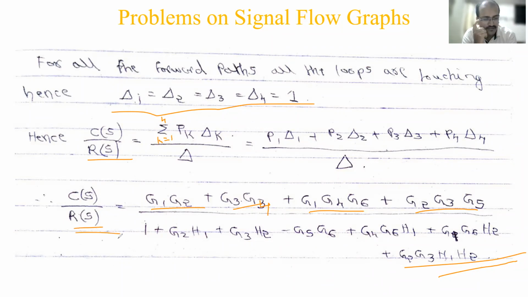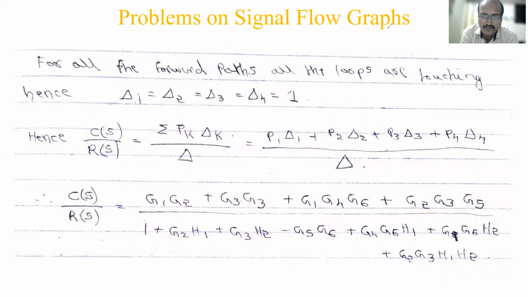Now we'll consider one more problem. So far what you have considered is G1, H1 like that. It may not be like that only. It can be a value also. Gains can be written as numbers, or S will be there because it is an S domain network, so an S function also may come. In that case also you have to find it out. One of the times it is asked in the exam. So you'll consider that problem.